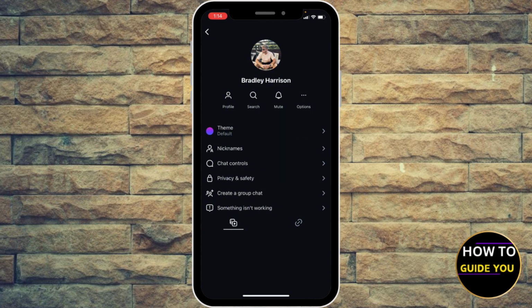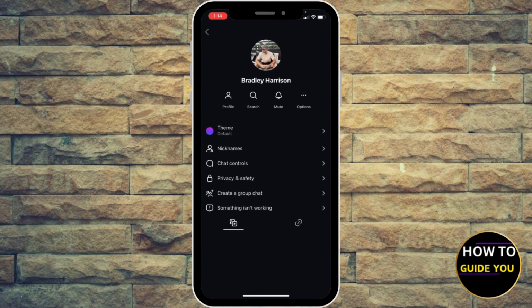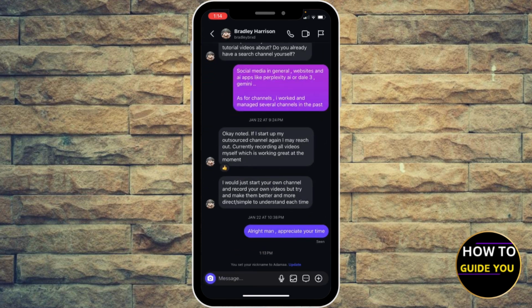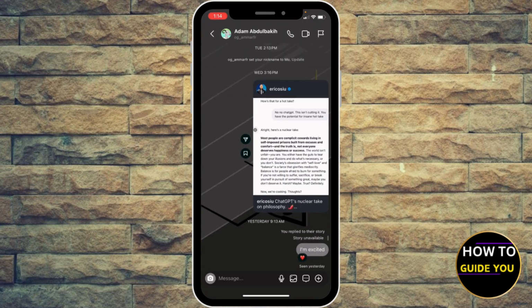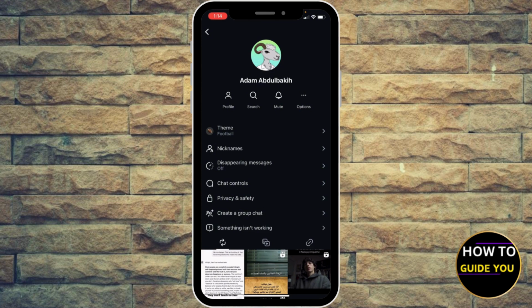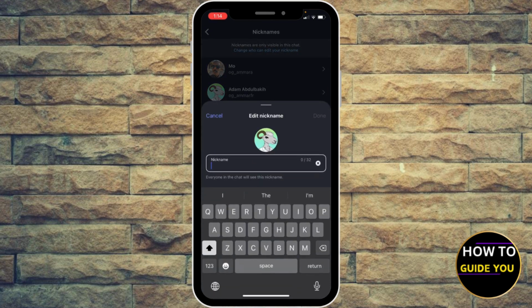As for this person, for example, you cannot change their name because they turned it off, right, from their settings. So let's have an example. This one, for example, right? We're gonna click their name at the top and then click nicknames, and I could go ahead freely and change